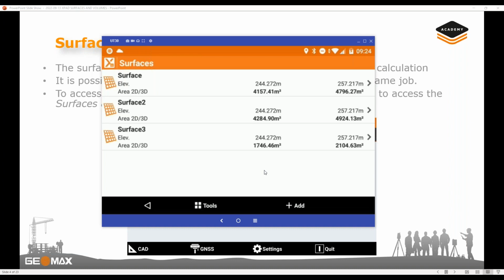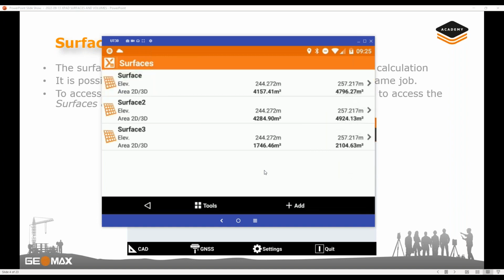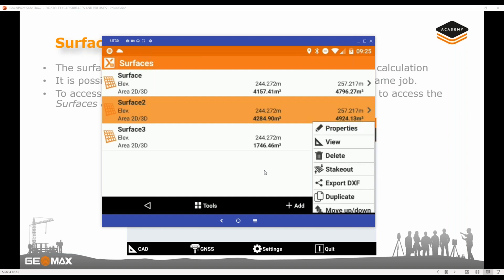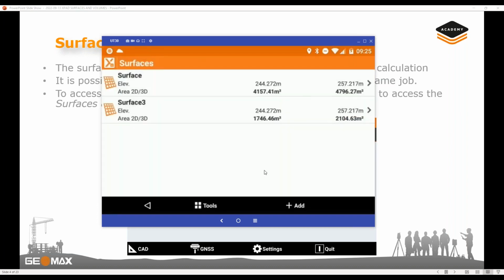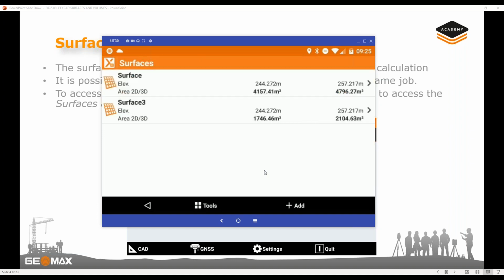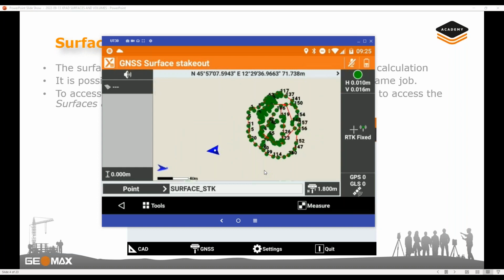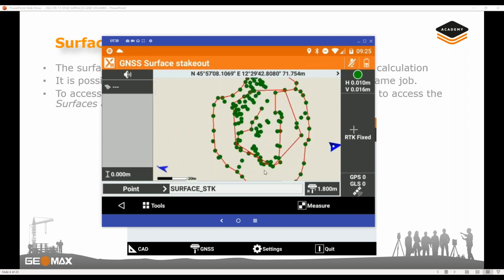Then, after created the surfaces, we can directly move, for example, to the stakeout. Let's move to the first surface created. I can also delete the second surface. I will select the surface and then select stakeout. Now we directly move to the stakeout option. So it means that if you are there,